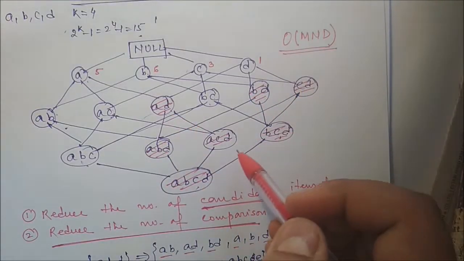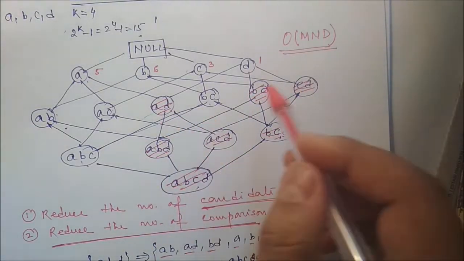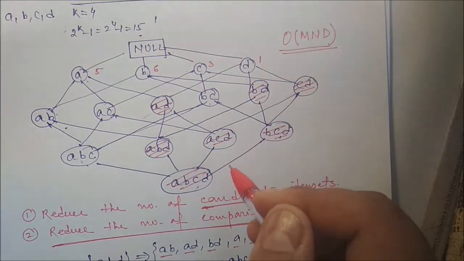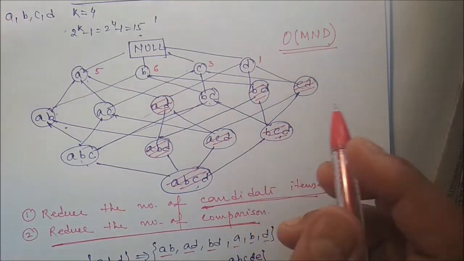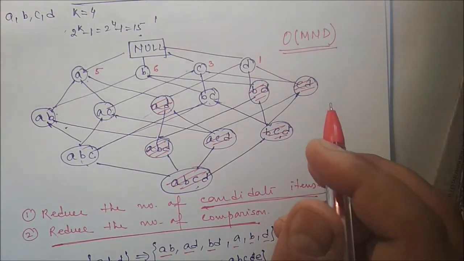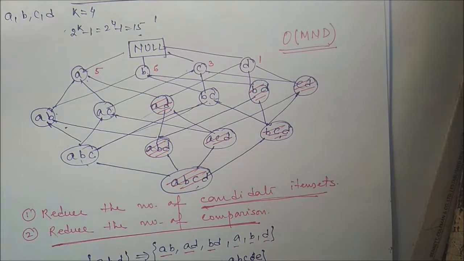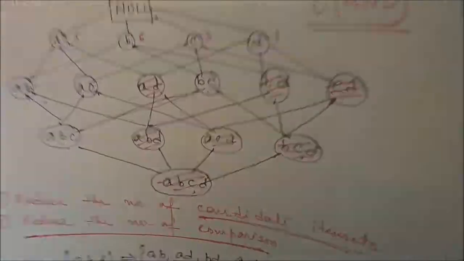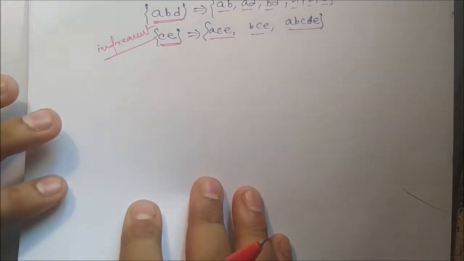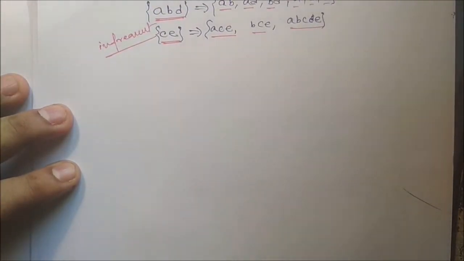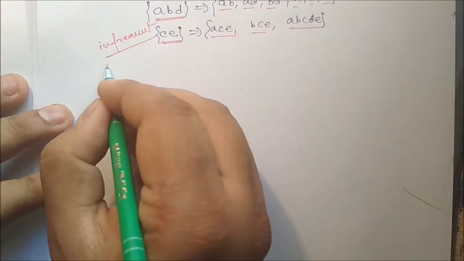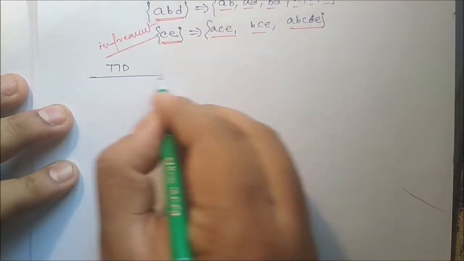Wherever D is there, you have to eliminate all those nodes. That means in this way we can reduce the size of the graph. So we can see one simple particular example through which we can explain it. Suppose frequent item set generation in the a priori algorithm. Just take one simple example through which you can explain. Suppose there is one table, say with a transaction ID.